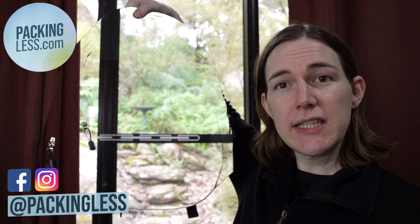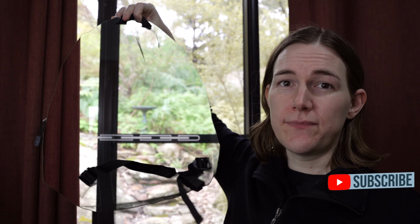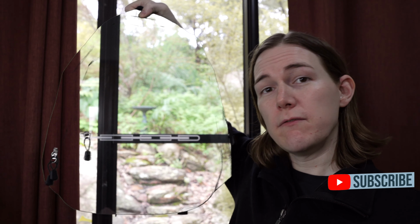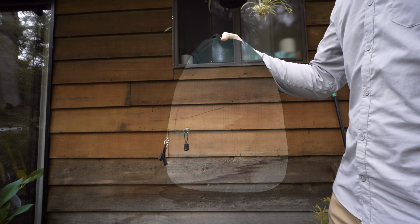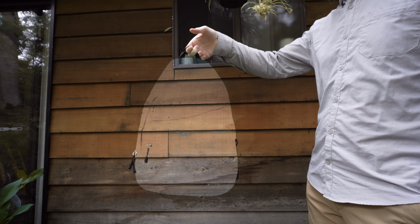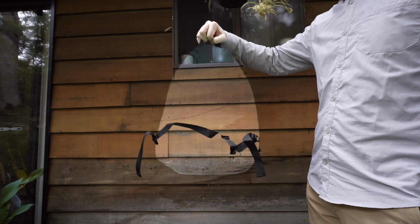Hi travelers, today we're taking a look at this here, which is the invisible backpack. Now this is not only invisible, which will deter pickpockets, but it is also completely weightless. It has a WDW coating, which is a durable weight displacement coating, which allows anything you put inside it to